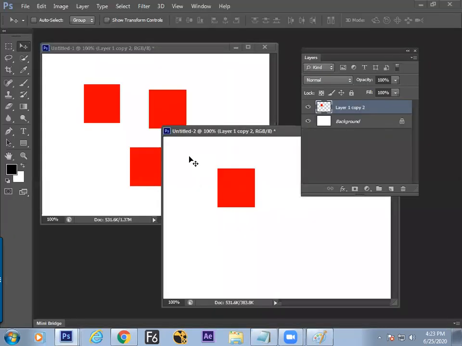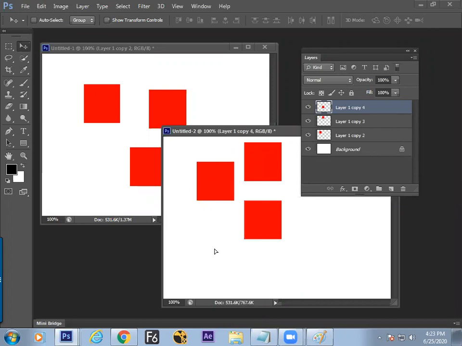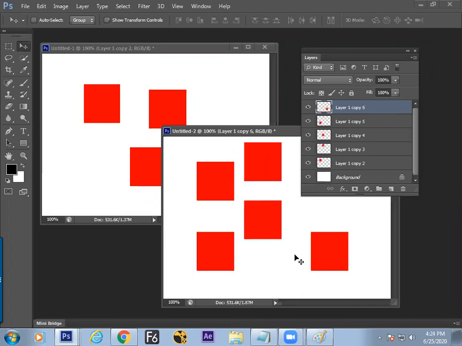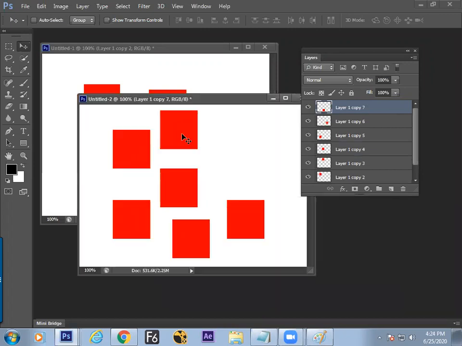Let us see the duplicate methods. So this is a layer. We can hold the Alt and drag it up, drag it up, drag it up. So we have seen now it is duplicating and making a new layer. Is it clear? We have understood now how to generate a new layer by the help of drag and drop with the help of your Alt button on the screen live.